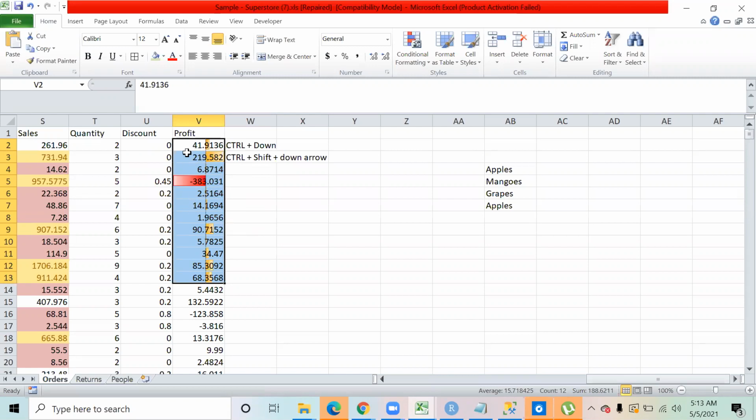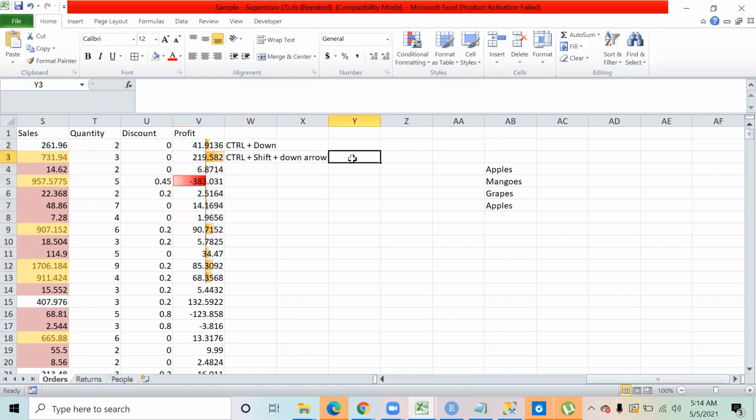And if you come down over here, after 219, you have another number, 90, that has a little bigger bar over here. You have 85, 68. And likewise, the number which is the smallest, that is minus 383, has the bar on the negative side. Okay. I hope this is making sense.